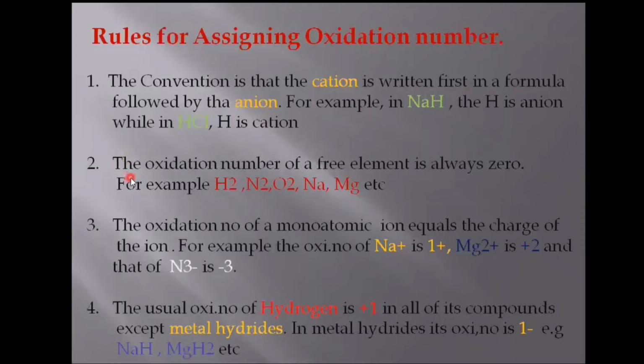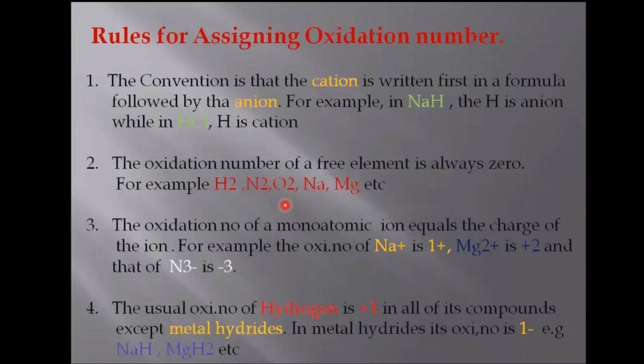The second rule is that the oxidation number of a free element is always 0. Means that elements in their free state always have oxidation number 0. For example, H2, N2, O2, we know that the gases exist freely in the diatomic form. Like F2 also exists in the diatomic form. So the oxidation number of all these gases and the metals in their free state like sodium, magnesium, calcium have